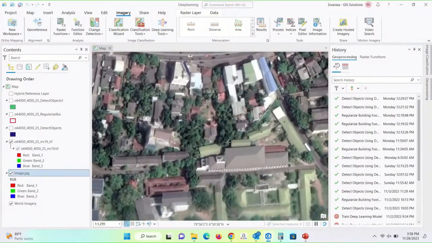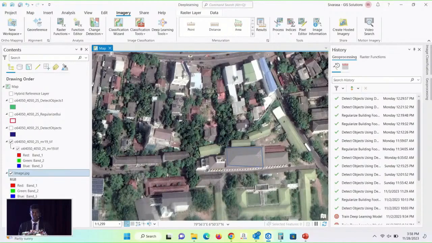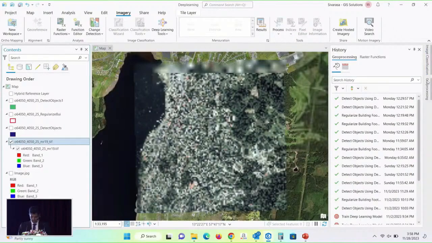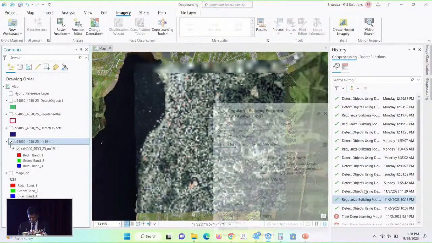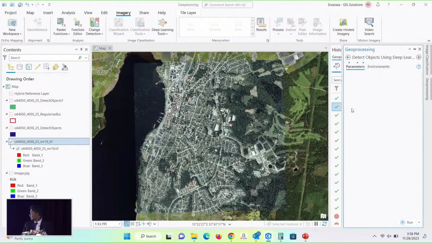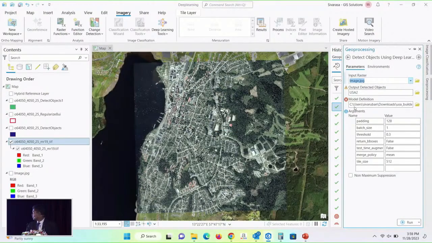So you can just digitize the building. And like this, you can give some samples, and you can save it as save files or feature classes, right? So after you have created this one, after you made the models, of course, here you can see the object detection using deep learning.